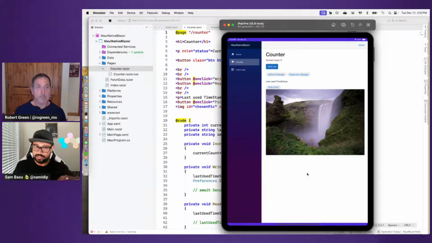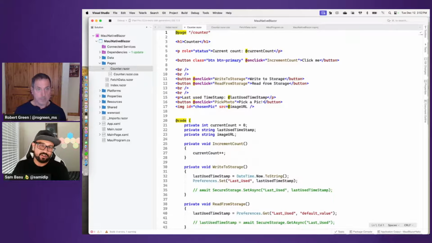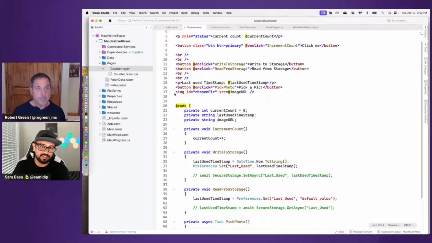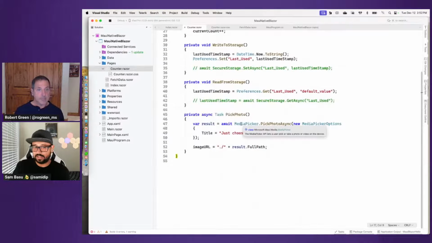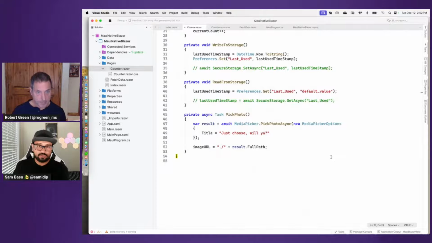This is coming deep from inside the iOS simulator, but this little image is actually an image tag. It's an HTML image tag is how we are showing this, just to kind of showcase the versatility. This is the image tag that's showing it, and that's the button click. So all we did was went and looked at the media picker, choose a photo, and then we have the full file path of the picture, and then we are just giving it that URL to our image tag.